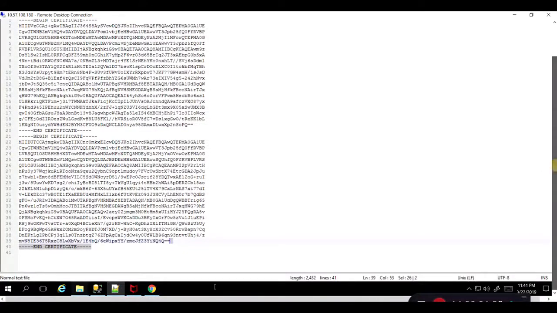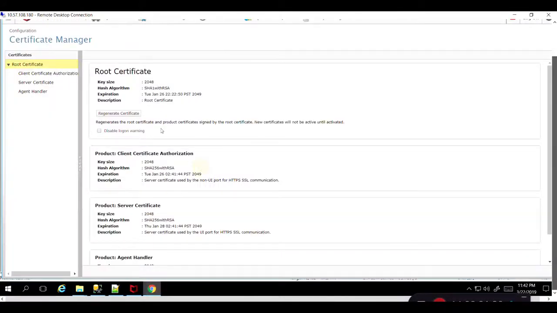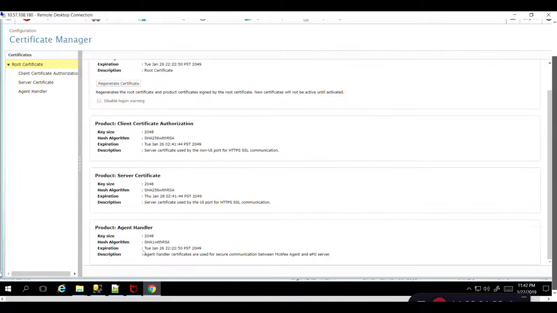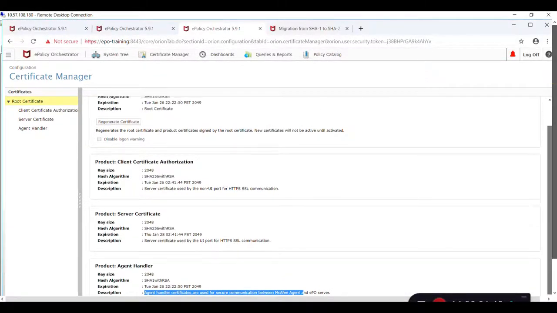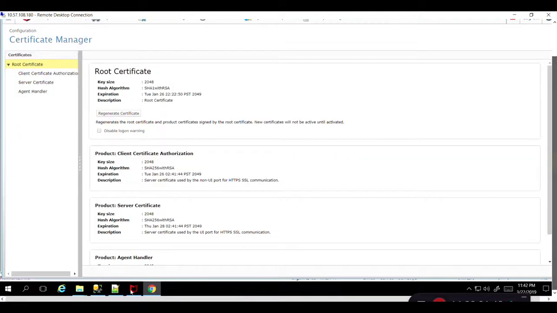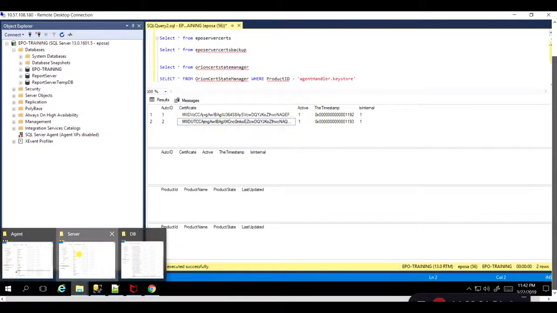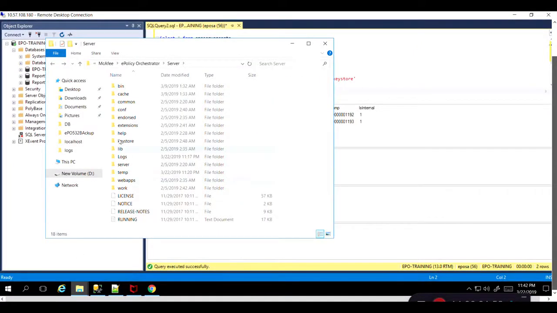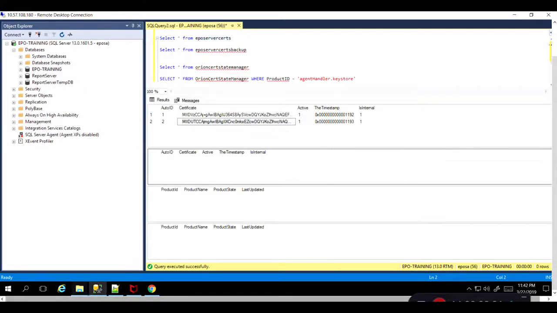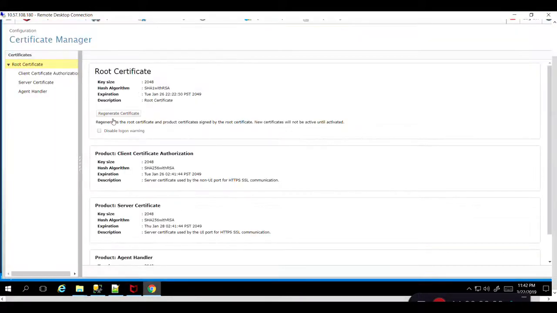Now when I look at the certificate manager, I don't see anything in the present state for the regenerate certificate for SHA-2. When I click on regenerate certificate, it will progress and create two more certificates for the data in the database. In the meanwhile, there is a server keystore folder which takes a backup dump once we're done, and that helps to redirect the certificate information. So let me start regenerating the certificate.